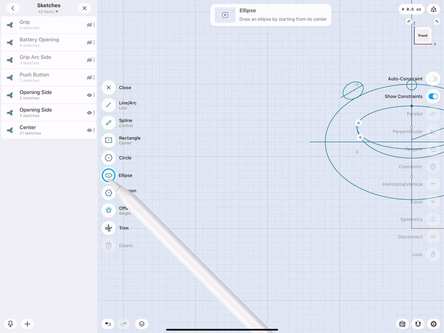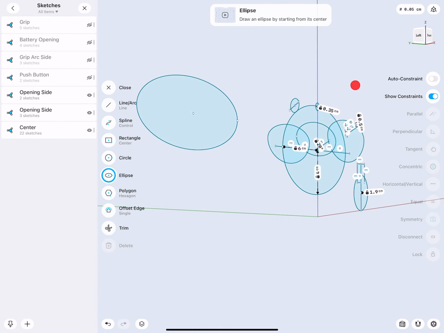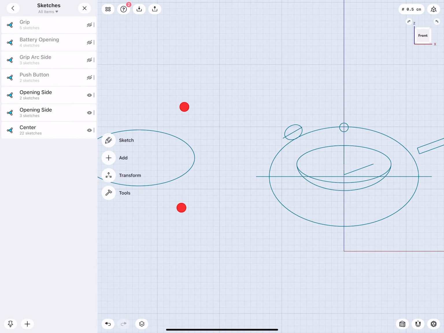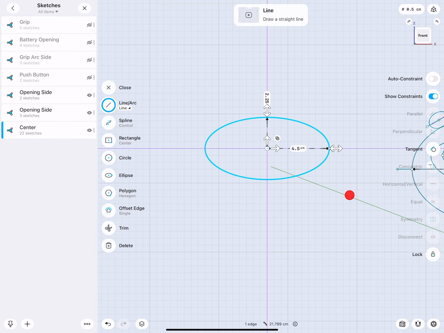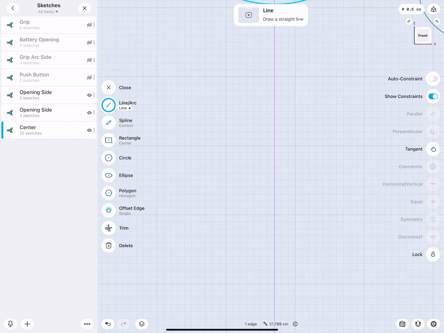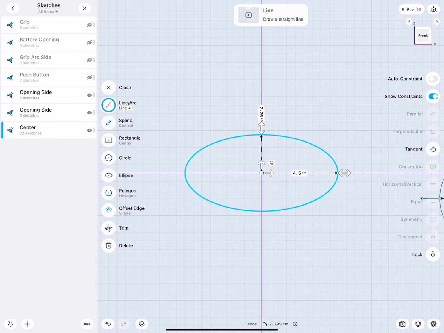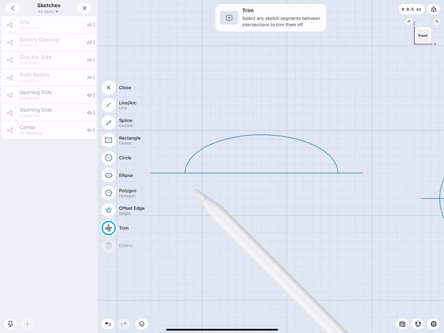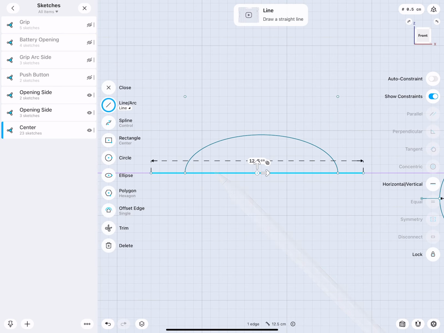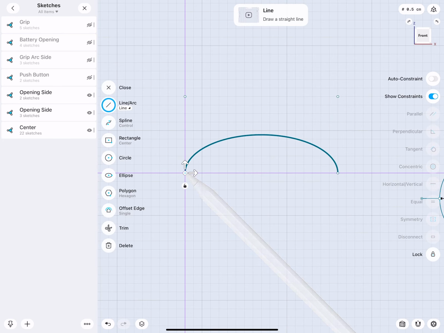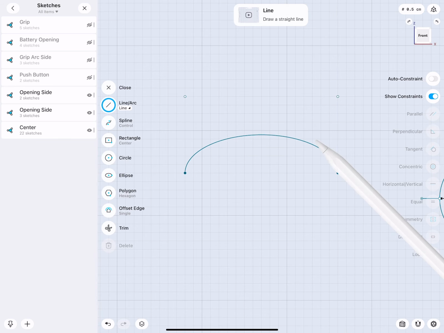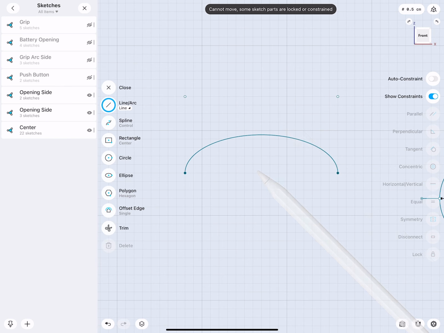Little tip how I did this. So when you have your ellipse there, then we, sorry, where did it go? There it is. Then we simply draw a line. We can use the trim tool to remove this. Here, this we remove. Then we will lock actually this ellipse. So we can't change it.